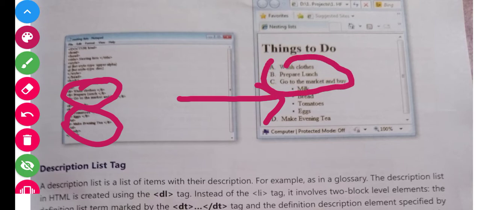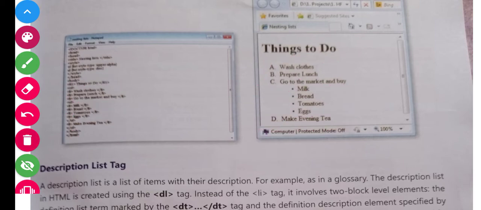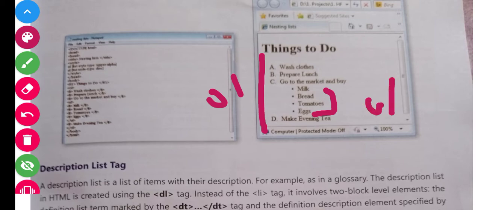This is the list, and the sublist under go to market is buy milk, bread, tomatoes, eggs. And another is this. So you can check here, A, B, C is mentioned, that is an ordered list, and these are given this way, that is an unordered list. Okay, clear?